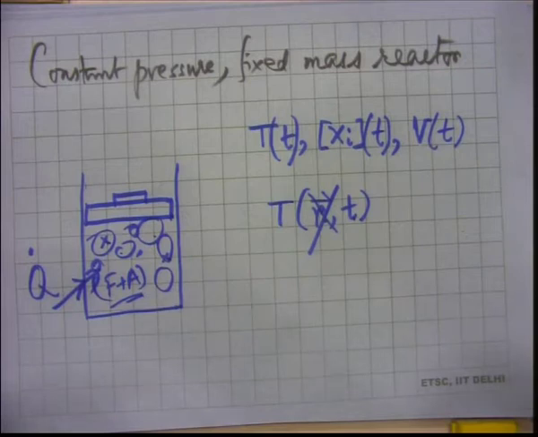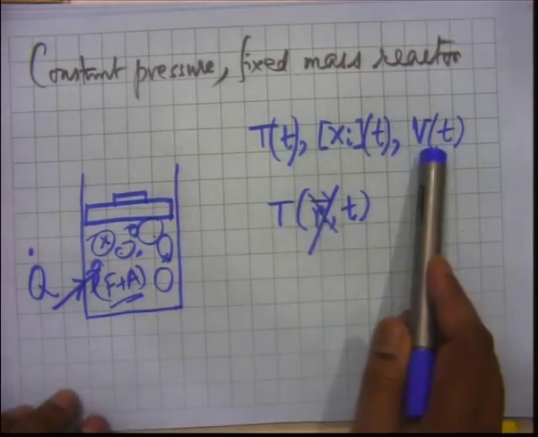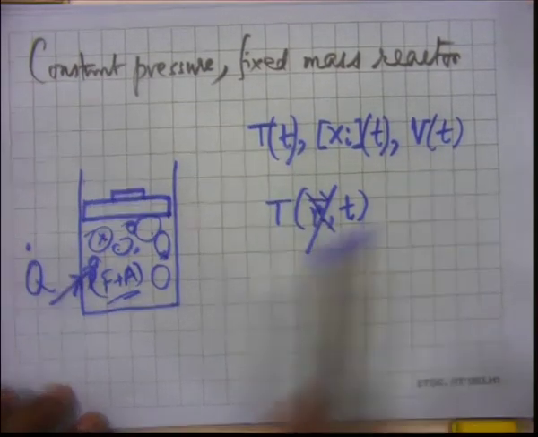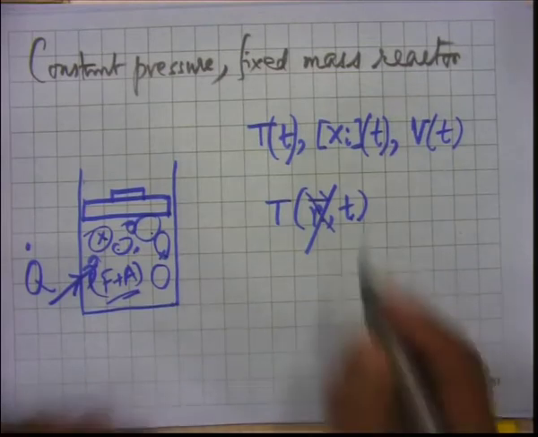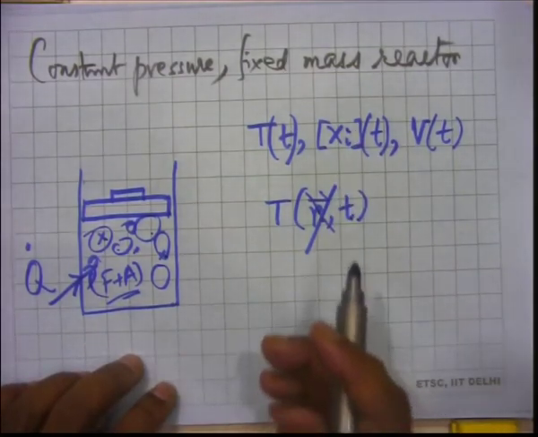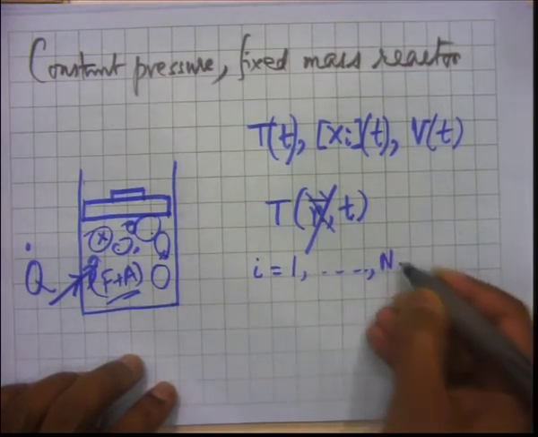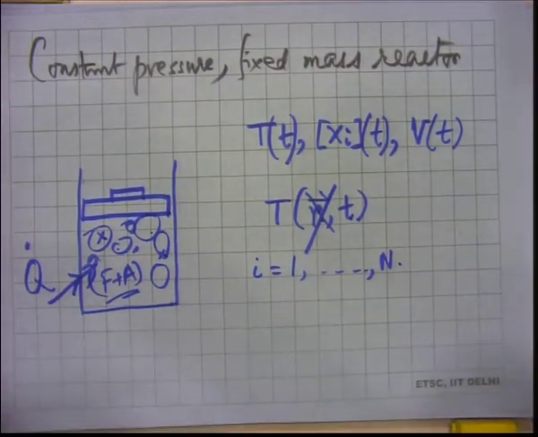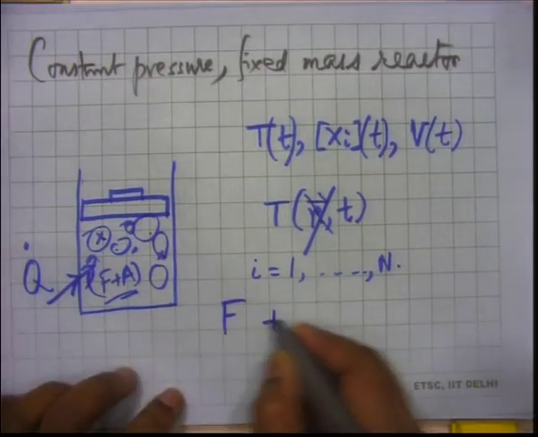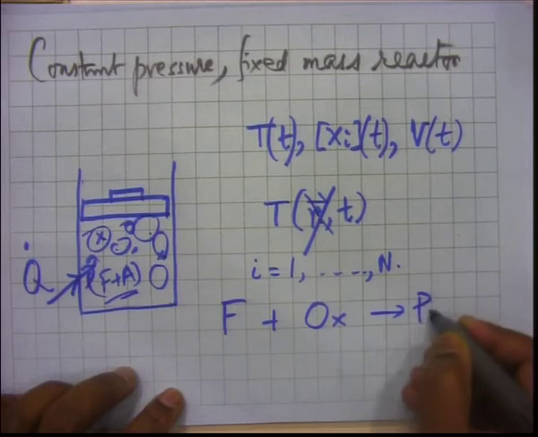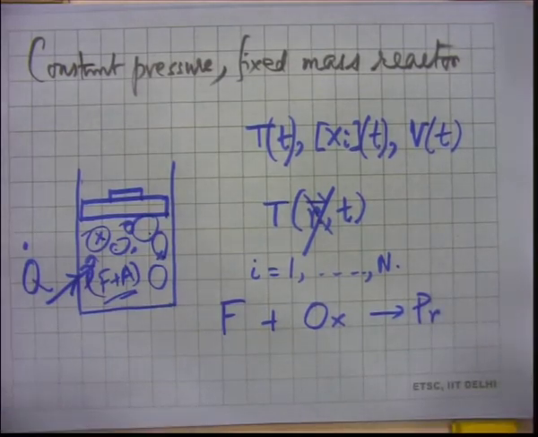No, with time is an independent variable, but this is 3 variables. Yeah, so it's not 3, because you don't know. This is xi, the concentration of the ith species, and the number of species, typically you write it up to n maybe, depending on how many species you are considering. The number of species that you are considering will depend on the chemical model that you are assuming. If you take a single step model, if you just say that fuel reacts with oxidizer to give you products, if you say something like this, then there are only 3 species.